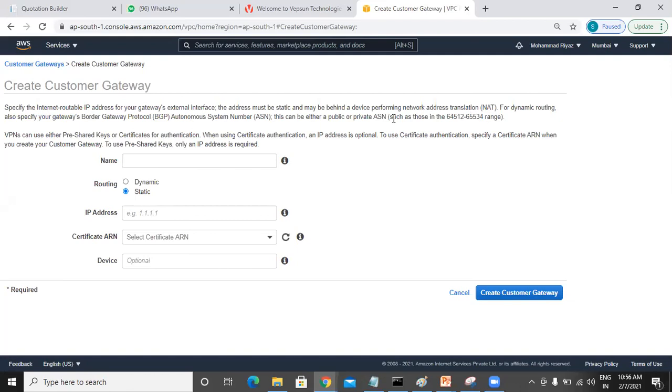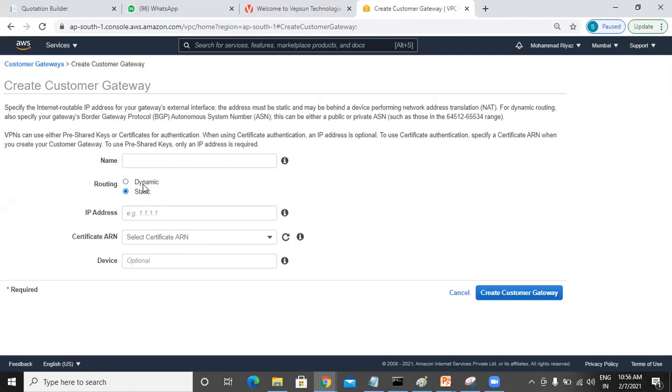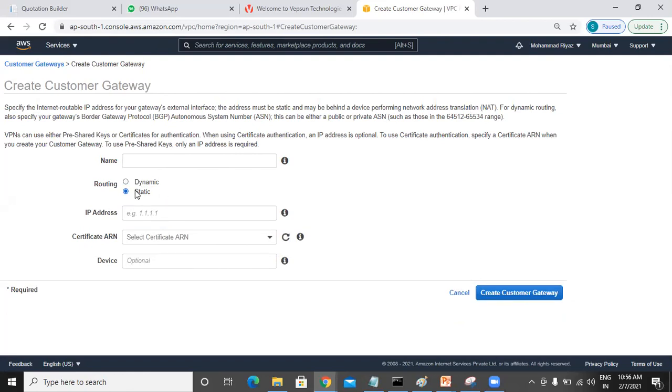So it depends on what kind of routing you're using, either dynamic or static. If I go with dynamic, then only do I use an autonomous system number. If I go with static, I don't need to use an ASN number. Border Gateway Protocol is used if you are doing dynamic routing between multiple ISP providers, which will be done by your network administrator at the other end.